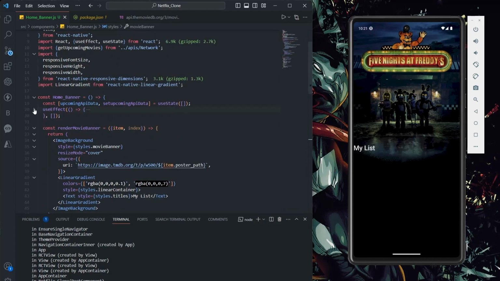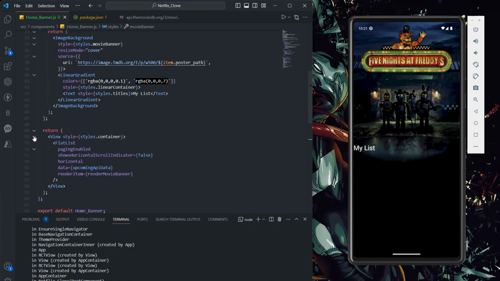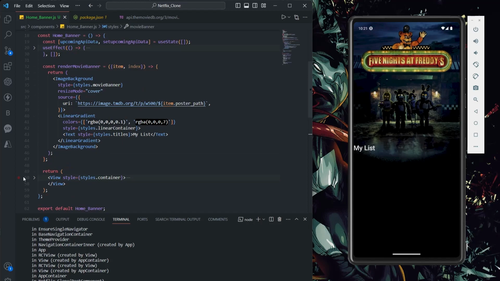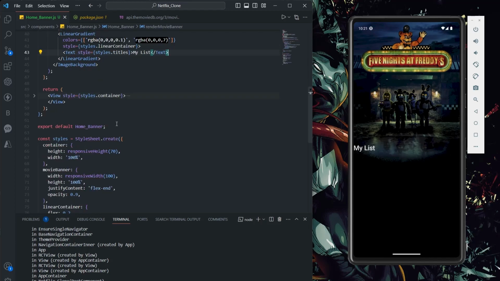So let me collapse this. This is the render item, right? And this is the view basically. Let's collapse that as well. So inside this only we created a text, right? So we need to pass linear container styles also, right? So what we have to pass here means,